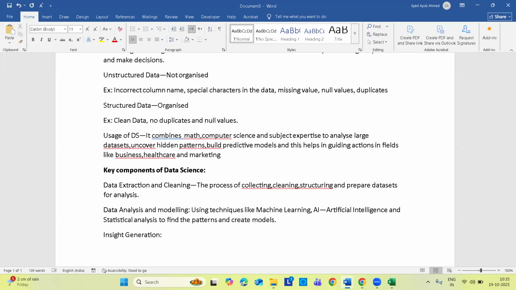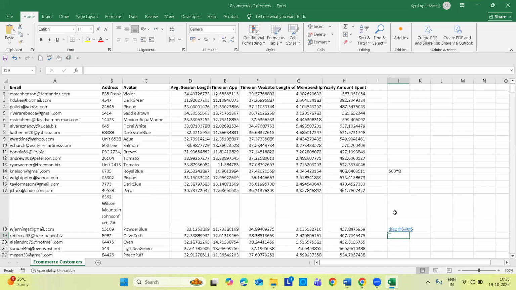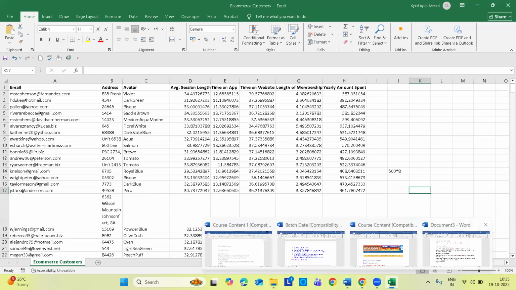This involves insights, meaning information. What information does this data have? Hidden information will be there. Bad data means null values, blanks or missing values. Null values can also be zero or something like that. Missing values means completely blank. These are all examples of bad data. Clear, I hope.